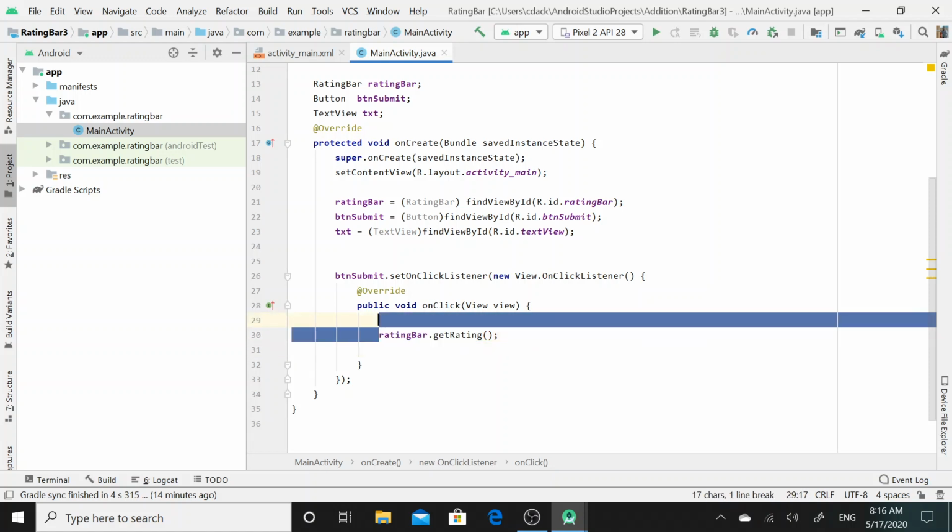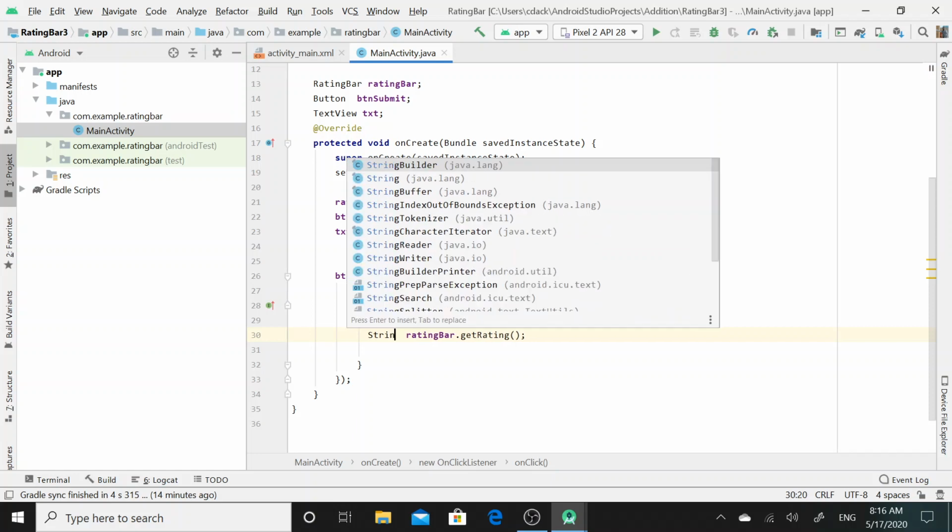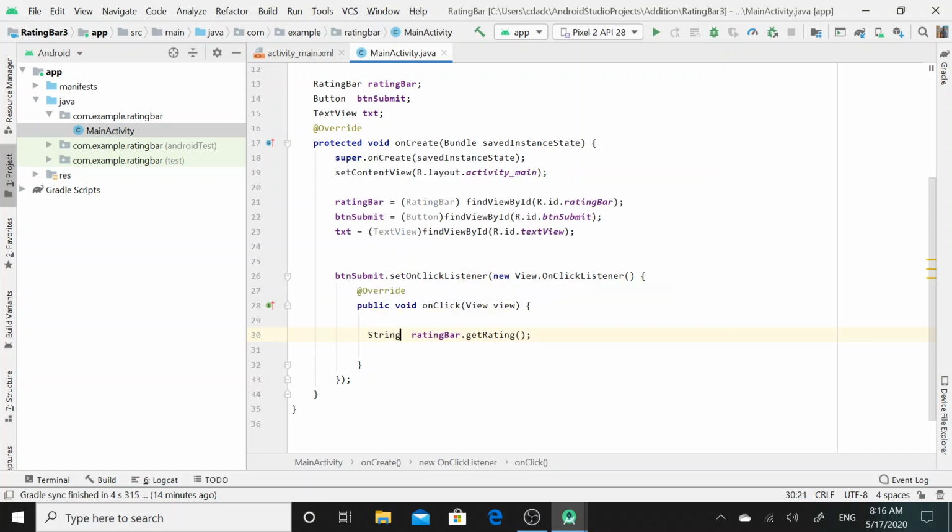Now I will assign the rating submitted by the customer to a particular string value, and for that I will create a variable of string data type. So the data type is String and the variable name is rating